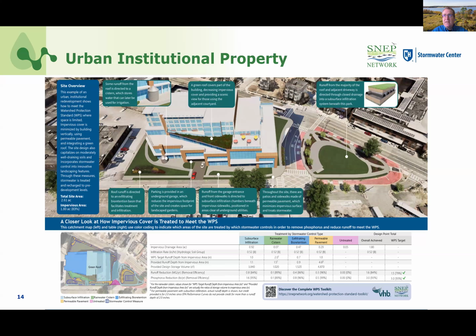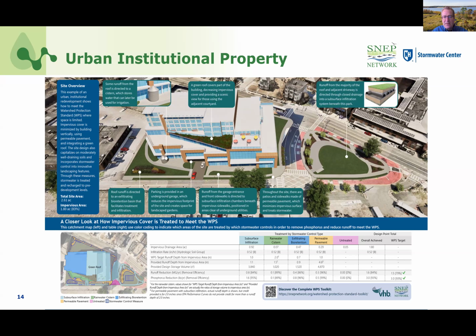We're going to really hand it to VHB for thinking of multiple ways that would challenge the watershed protection standard. And we know we're just scratching the surface. Hopefully, you'll find ways to challenge the watershed protection standard and then come back to us and say, hey, we ran into this particular issue, and it'll be my pleasure, or our pleasure, to work towards a solution.